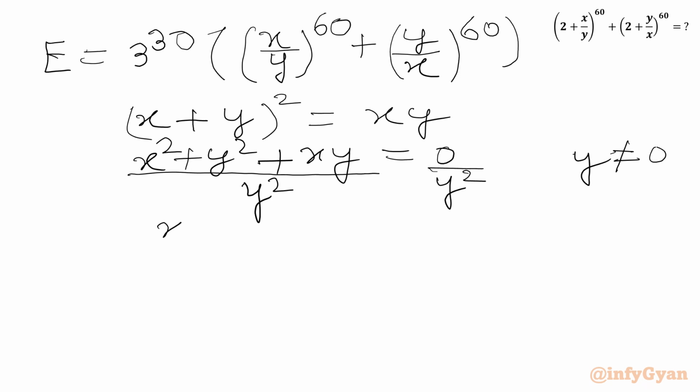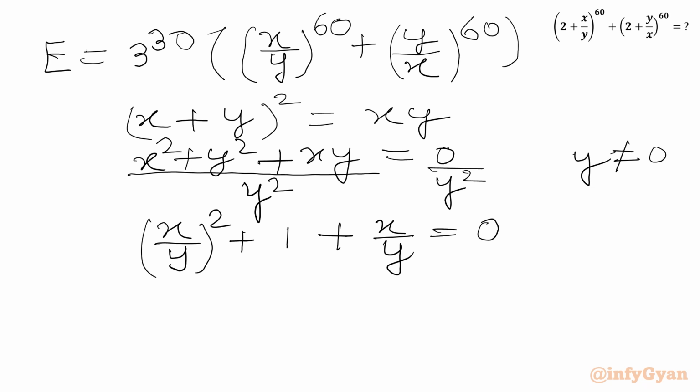So I can write here x²/y², I will write (x/y)², y²/y² is 1, xy/y² we will write x/y, and RHS will be 0. So from here we will consider (x/y)² + x/y